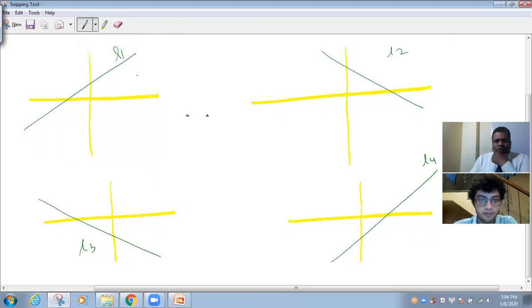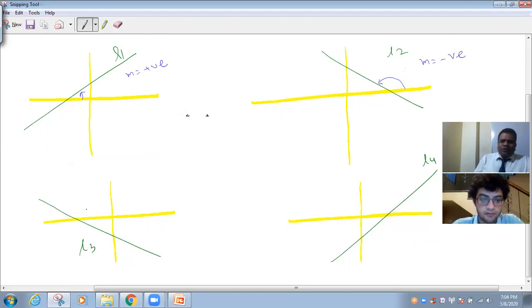So how about this? The slope of the line is positive or negative? Positive. Why? Because theta is between 0 and 90. Correct. Because you can see this theta is definitely less than 90 degrees. So the slope of line M is positive. Absolutely correct. Here the slope of the line is positive or negative? It is negative. Correct. Because from here it's very clear theta is greater than 90 degrees. So the slope of the line is negative.